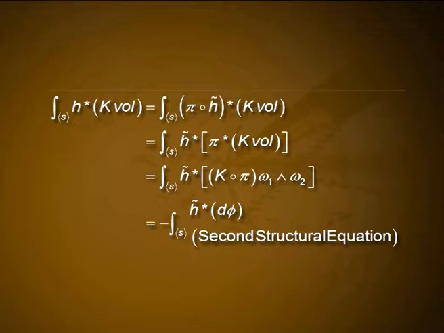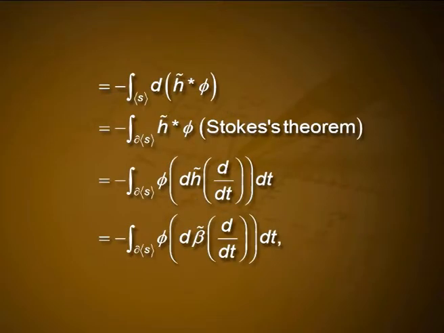volume, which is equal to the integral over S of h̃*π*k volume, which is equal to the integral over S of h̃*(k∘π) ω1∧ω2, which is equal to minus the integral over S of h̃*dφ, which is the second structural equation, which is equal to minus the integral over S of d h̃*φ, which is equal to minus the integral over ∂S of h̃*φ by Stokes theorem, which is equal to minus the integral over ∂S of φ(d h̃/dt) dt,